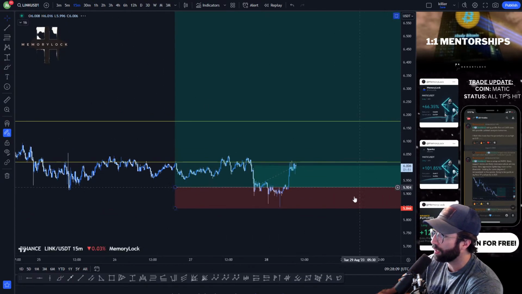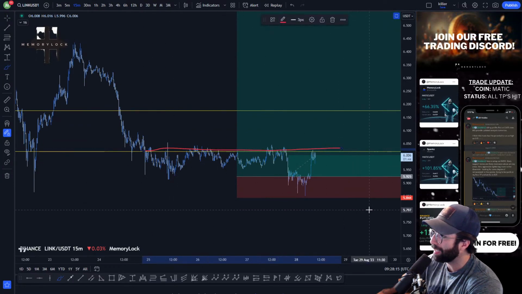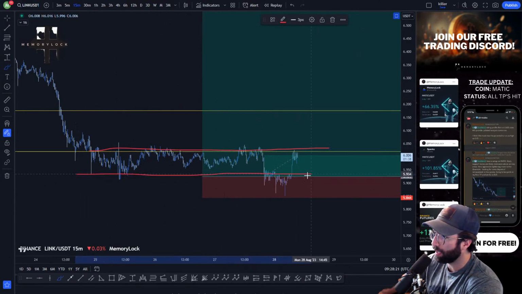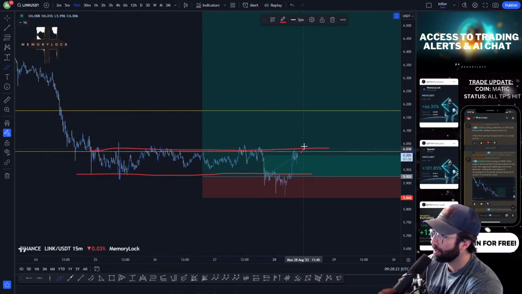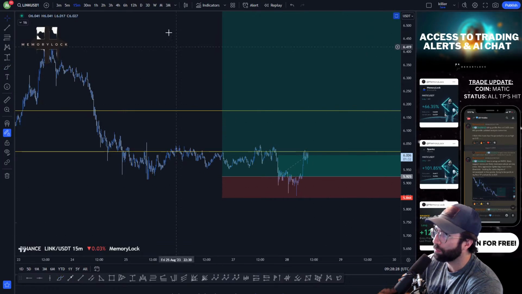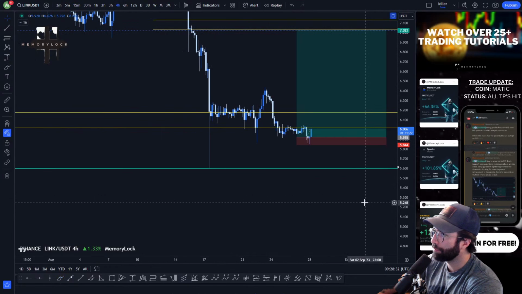Still holding this trade. I think all of this consolidation under resistance here... I don't think that this resistance is going to hold, especially, like I said, since we had this deviation of this mini range. Reclaim this and it's game on. It's totally game on for a continuation on a move up with Link.